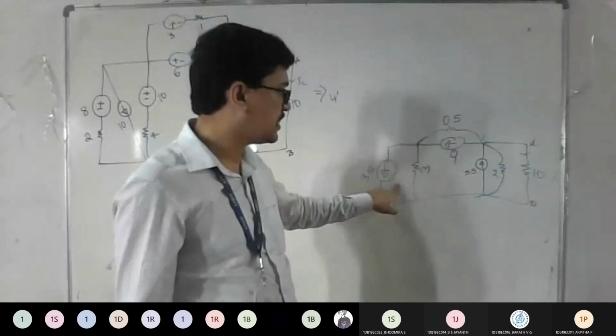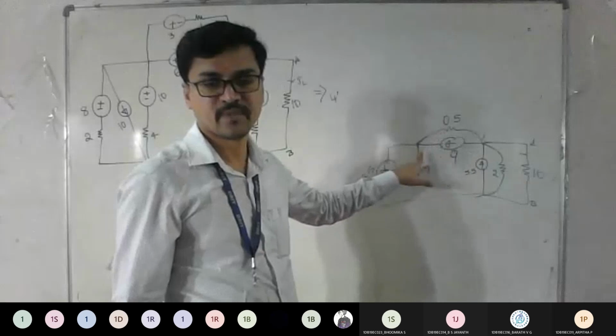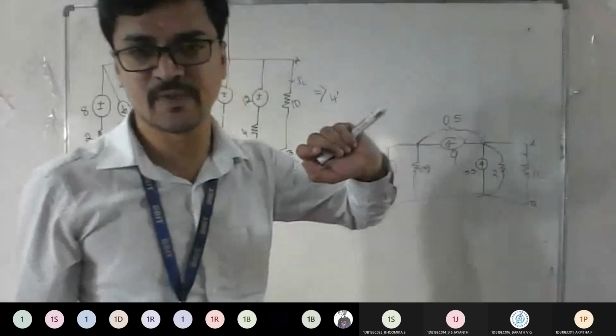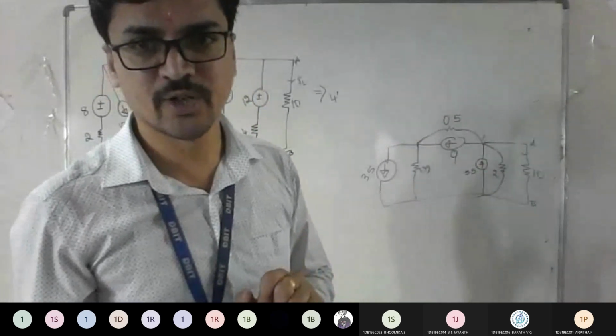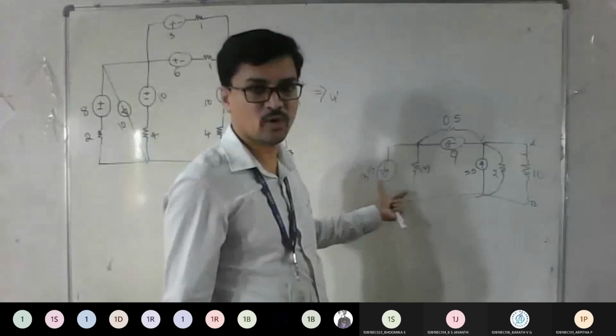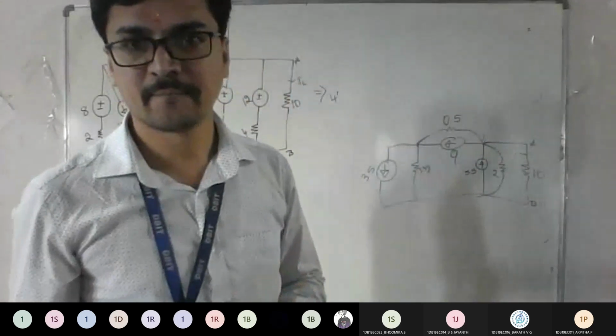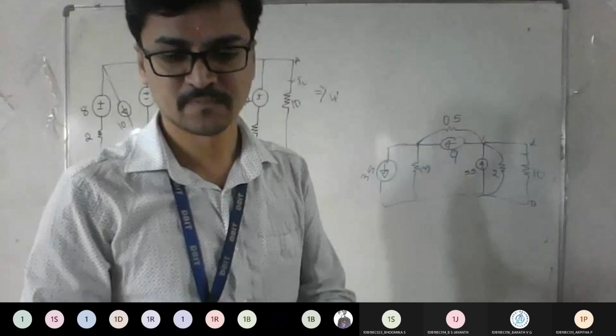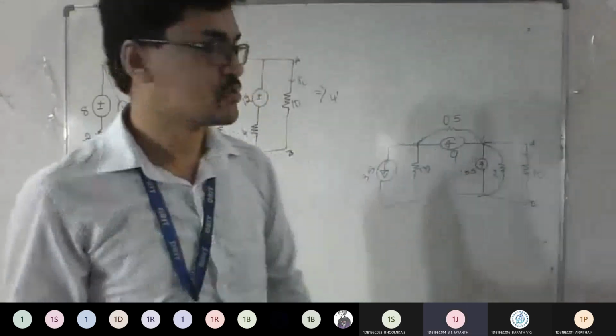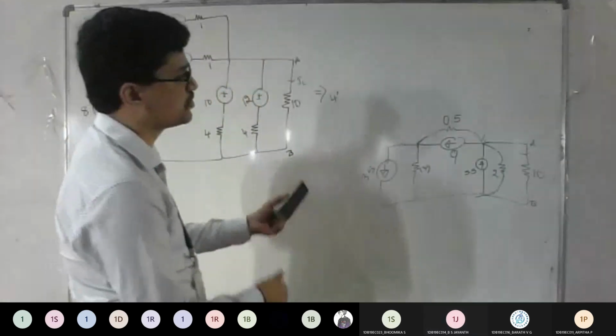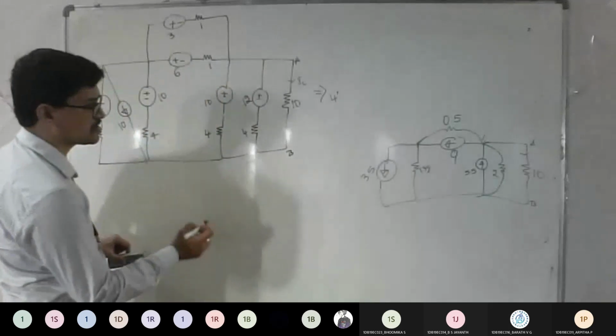So now we know that it's like a series connection. We can't do anything. So what you should do? Convert this to a practical voltage source, this to practical, this to practical. Yes or no here? That is the way you should solve. Yes, sir. So proceed. Convert this to a practical voltage source and tell me how it looks.